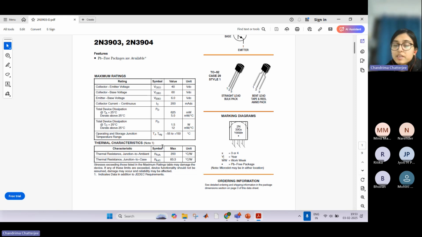The process is similar to the way you calculated for the diode. Similarly, you can calculate the junction temperature for the transistor. The same procedure you can apply, and you can also refer to the same equivalent circuit. If you remember, I showed one equivalent circuit. So you can refer to the same thermal equivalent circuit. So yeah,